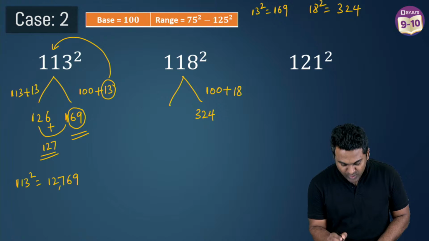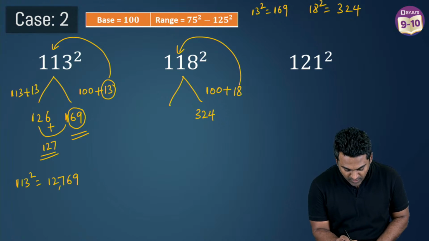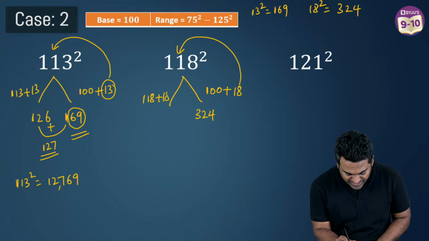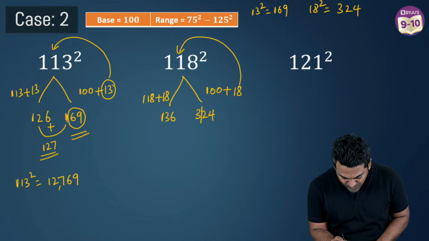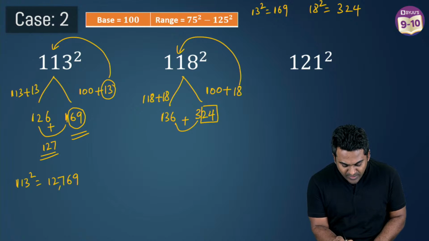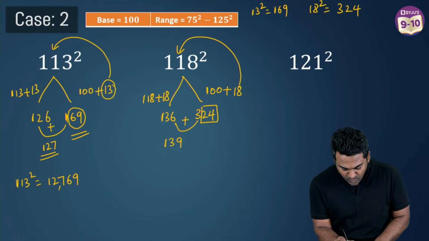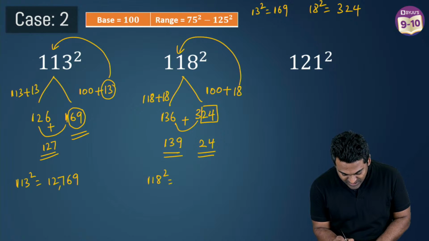So 324, and I'm going to add 18 to this number like we have been doing so far. So this will be 118 plus 18. How much is this going to give you? This is going to give you 136. Now what do I need to do? I will keep these 2 digits, and this will be added to the number that we're getting on the left hand side. And 136 plus 3, this is going to be 139, and this is 24 as it is. So the correct answer, 118 square, is going to be 13924, which is